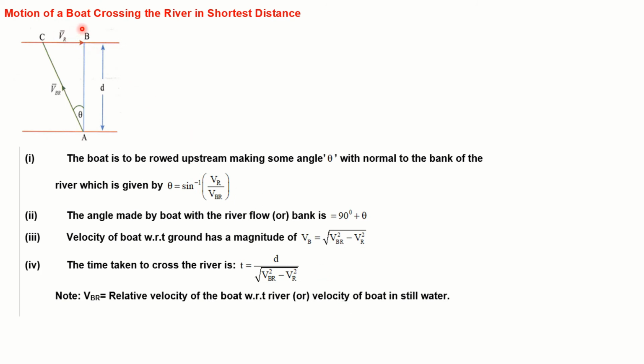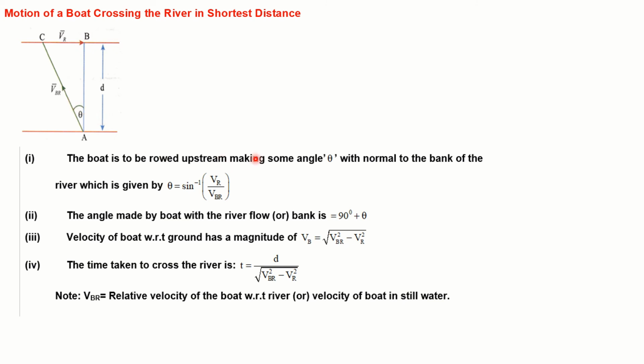Next, let's see the motion of the boat crossing the river to a certain point. Certain distance means this distance, but to go exactly to this point, he has to row somehow, making an angle theta with the vertical. If you aim at this point, then some velocity will be along the river, he will get drifted and will reach exactly at this point. Yes or no? And for that, how to calculate this theta, students?